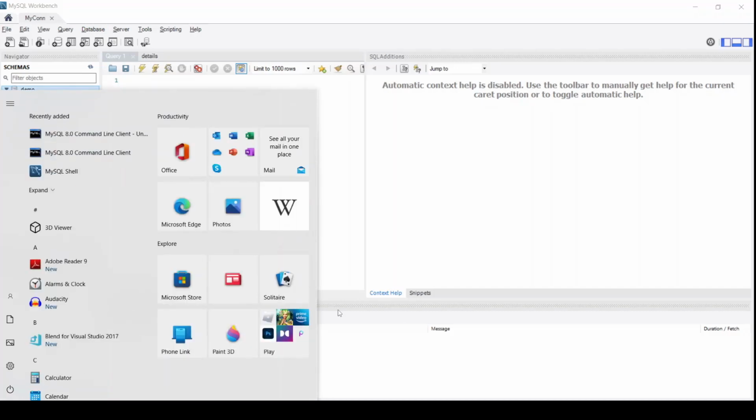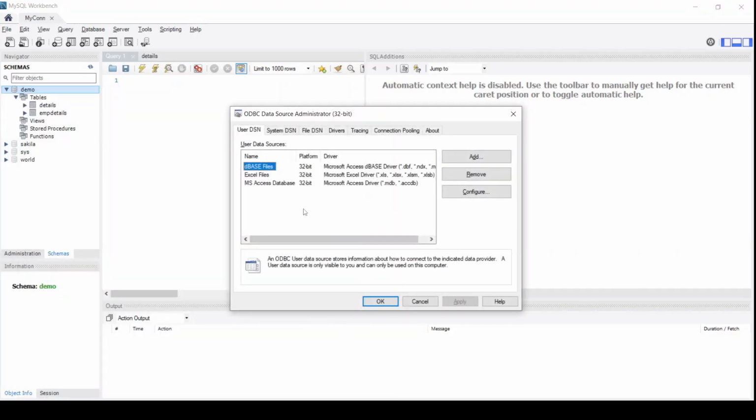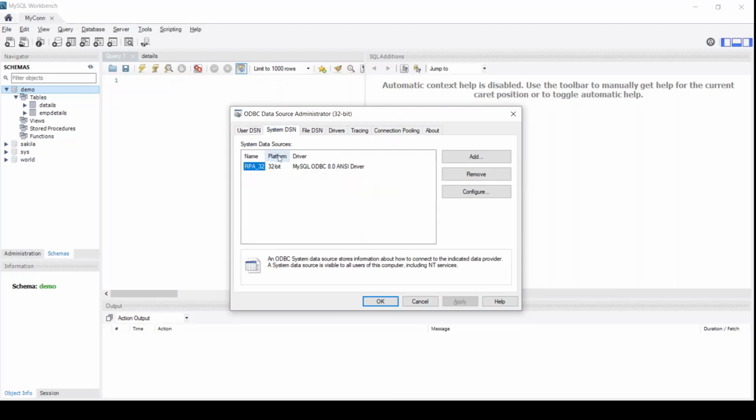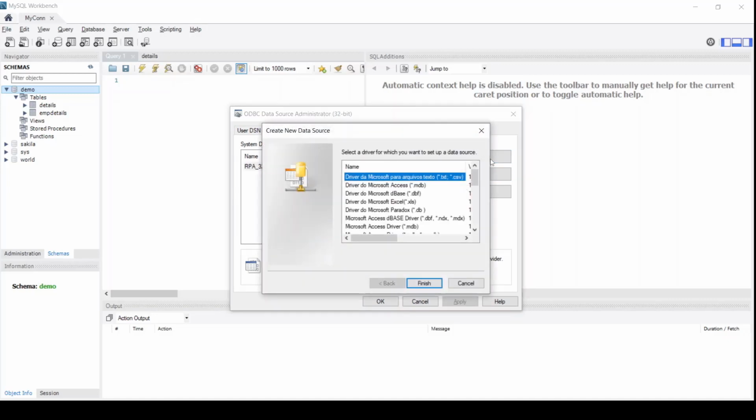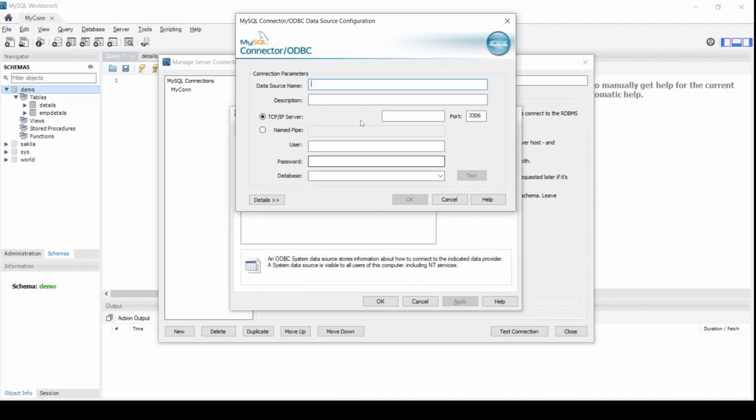Before that we have to configure the ODBC 32-bit driver, and under this section we have to go to System DSN. I have already created one. For the demo purpose I am creating it again. Select the MySQL ODBC 8.0 ANSI driver. First we have to select this, click on Finish, and for the data source name, create any